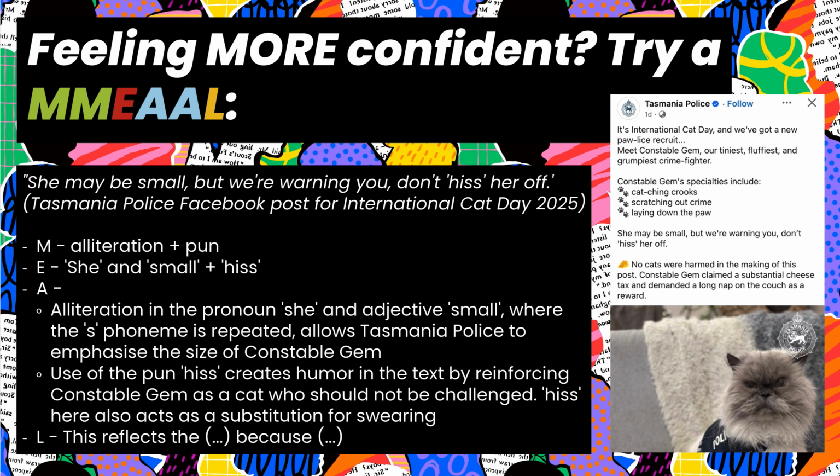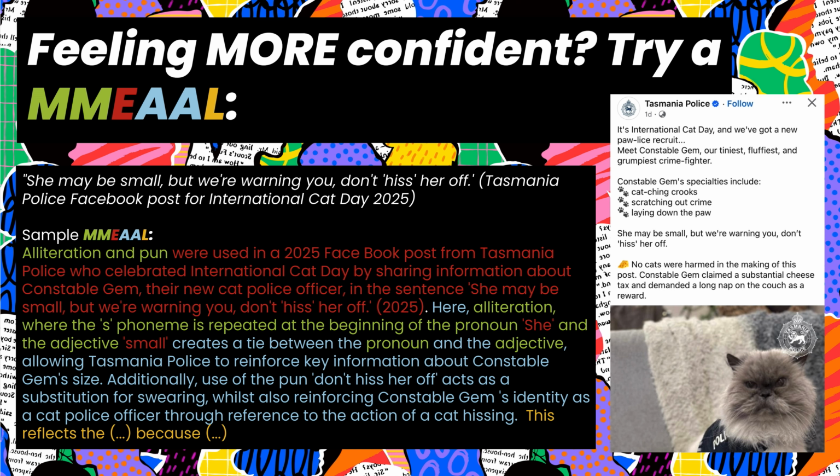Now, this is what a sample might look like. So you can see here, we've got our 2 pieces of meta-language, our 1 example, still contextualized, and then our 2 points of analysis. But the structure has changed a little bit. For increased coherence of our work, we've changed the order that we're presenting information. In this sample meal, we're starting off by identifying our 2 pieces of meta-language, but then jumping straight into the longer example. Because when we're writing a meal at this level, we've got those 2 pieces of meta-language, it's more important to quote the full sentence and then re-quote the smaller sections that we're going to be analyzing.